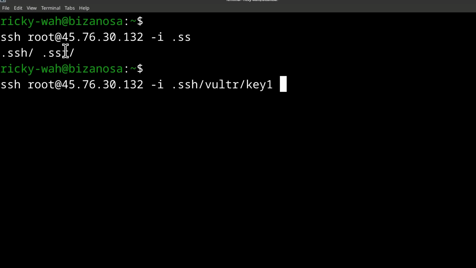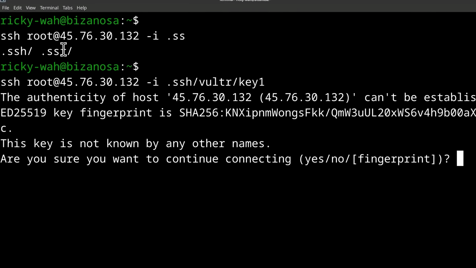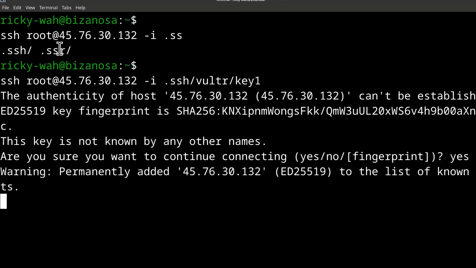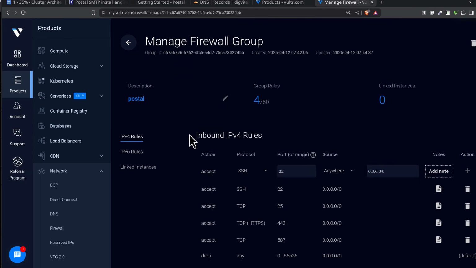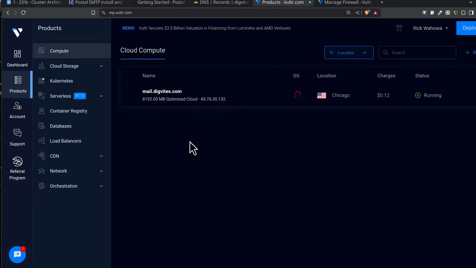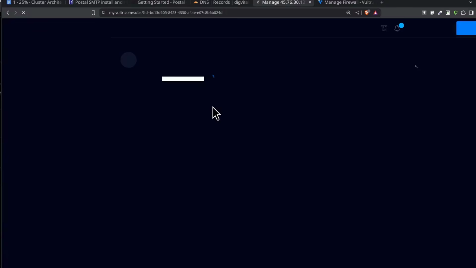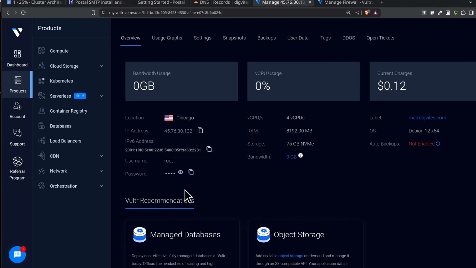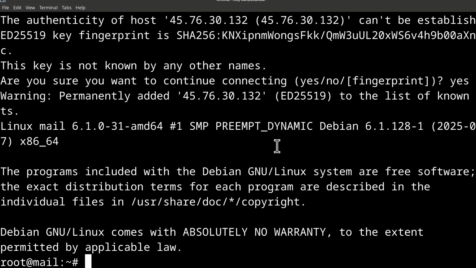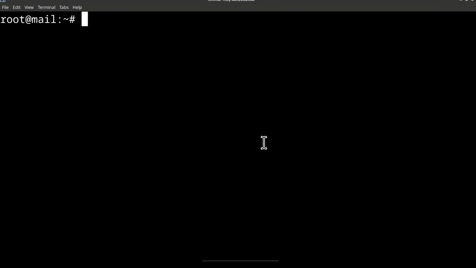That's the key. You can log in with a password if you want to. I believe they haven't blocked logging in with a password, and you can get your password. If you click on it, that is your server. Your password is there. You can copy it and try to log in with that. All right, there we go. Control L to clear the screen.